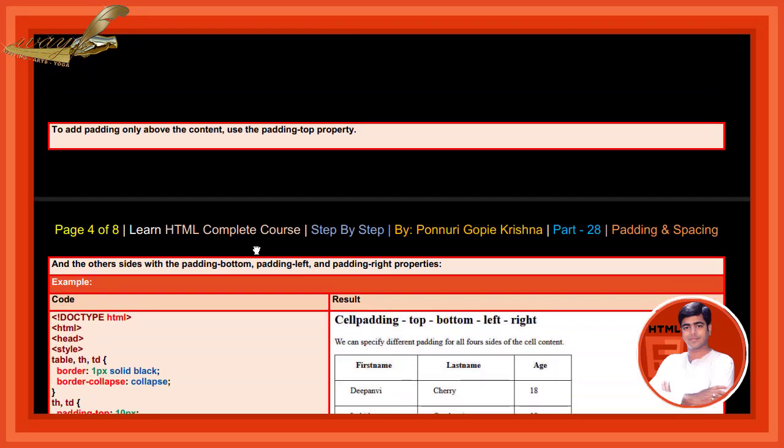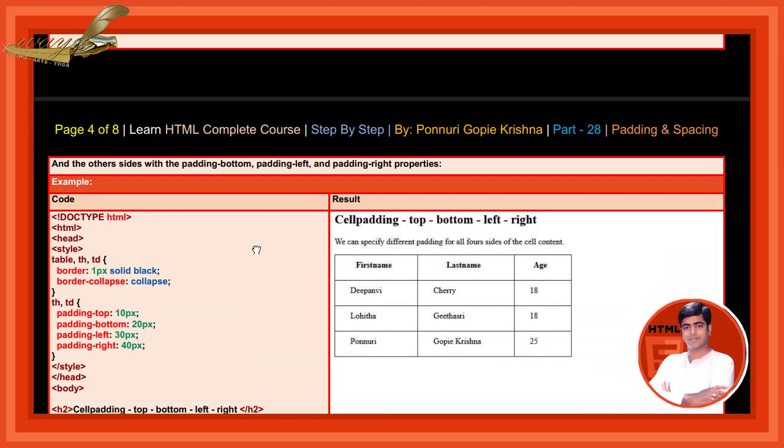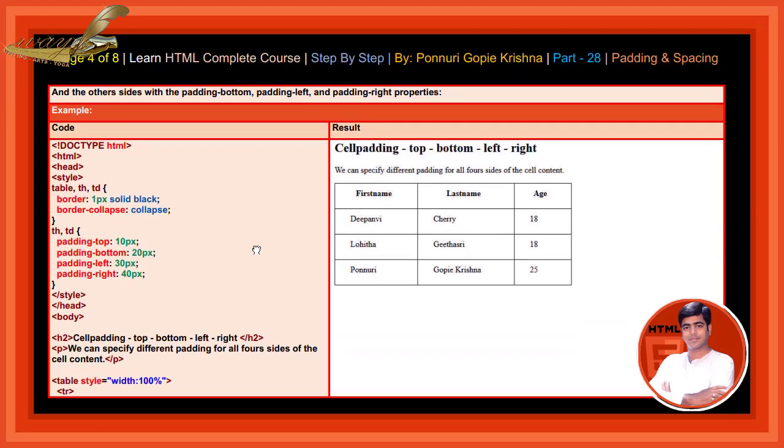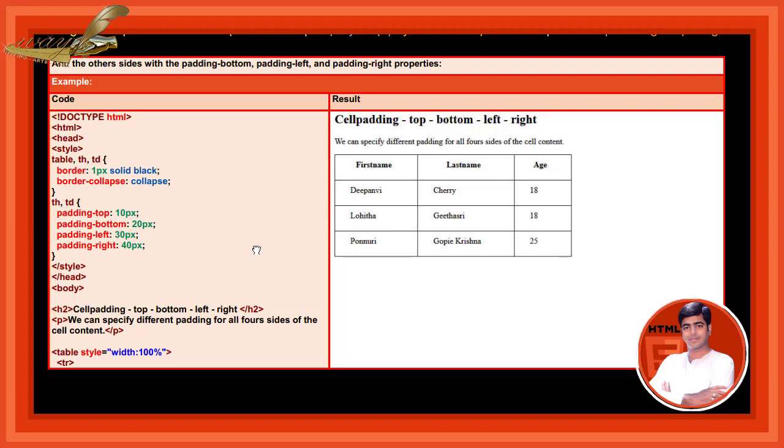To add padding only above the content, use the padding-top property. And the other sides with the padding-bottom, padding-left and padding-right properties. See here, now we are using padding-top 10 pixels, padding-bottom 20 pixels, padding-left 30 pixels, padding-right 40 pixels. By writing and executing this code,